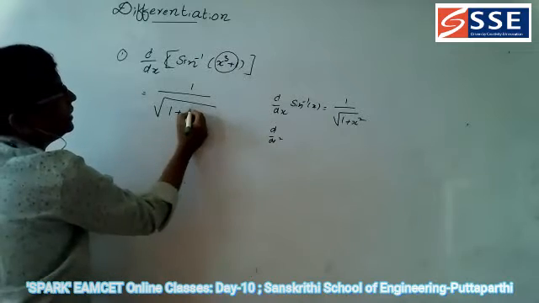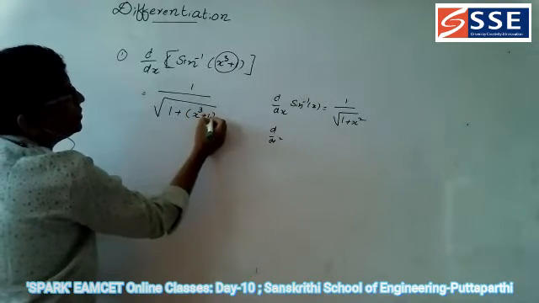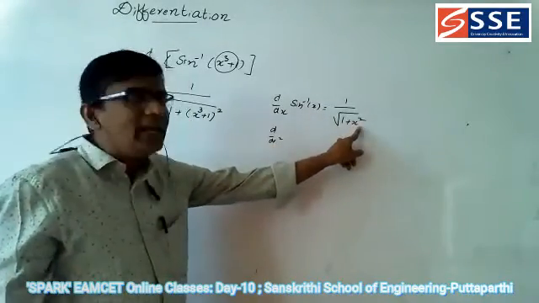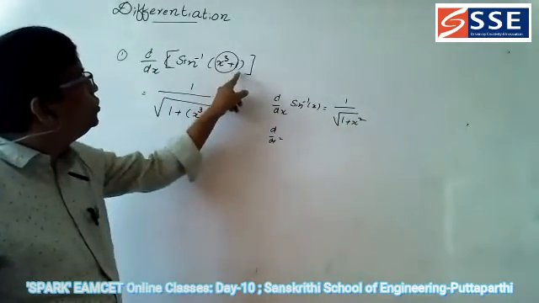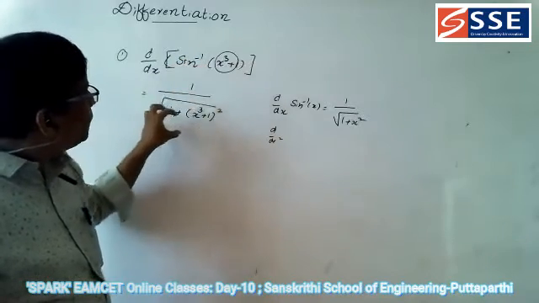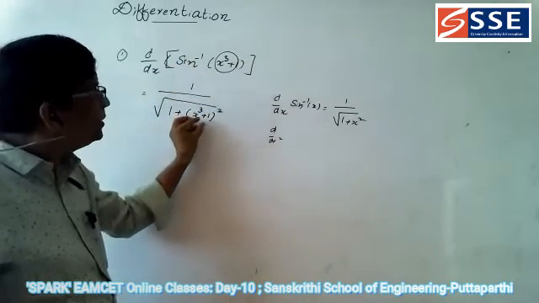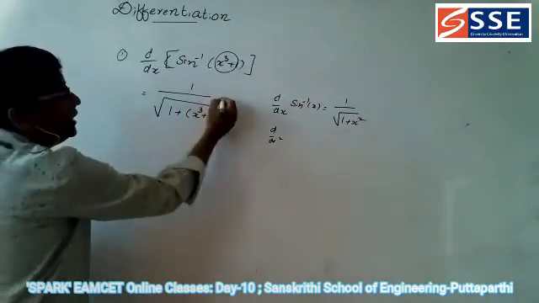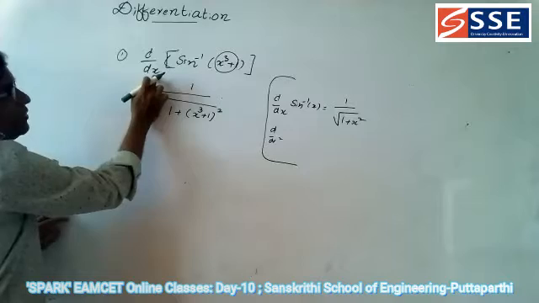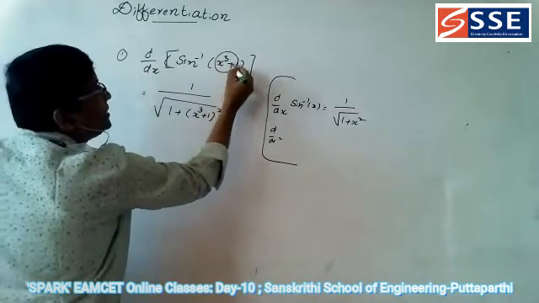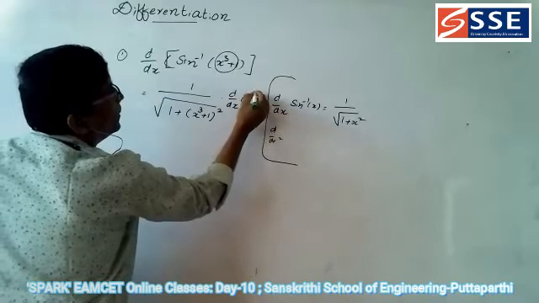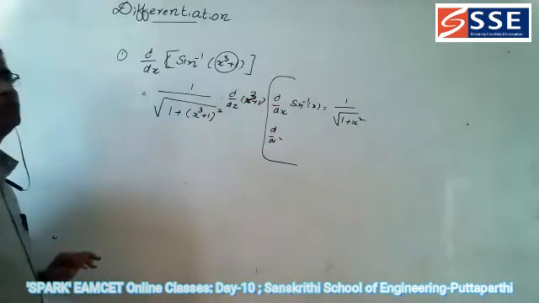What is x square here? X cubed plus 1 whole square. Why? Because here x is there, we put x only. In the place of x, x cubed plus 1 is there. Totally consider it as x. So 1 plus, in the place of x, x cubed plus 1 whole square. Again into, don't stop it. Why? Because we are differentiating with respect to x. You differentiate this term also, d by dx of x cubed plus 1.